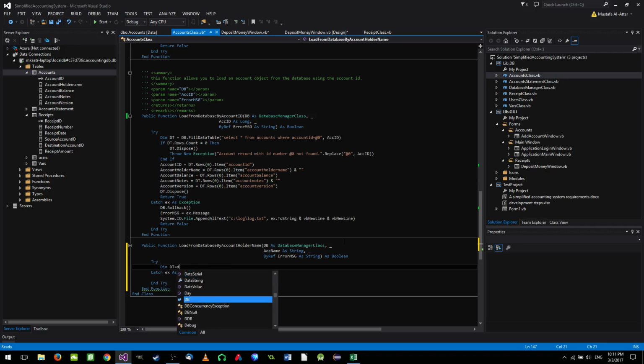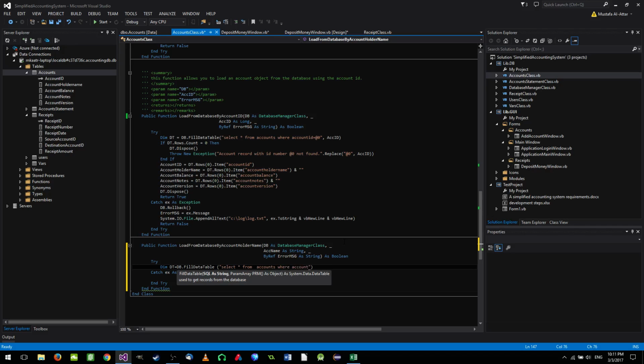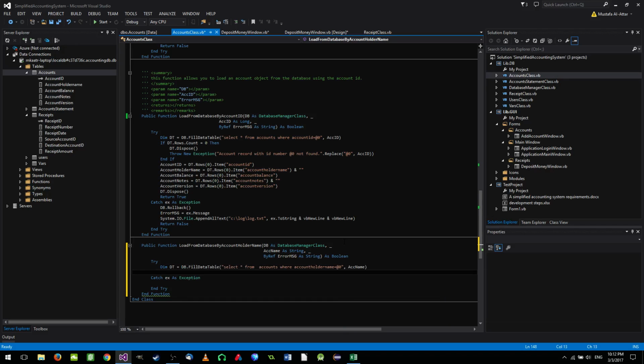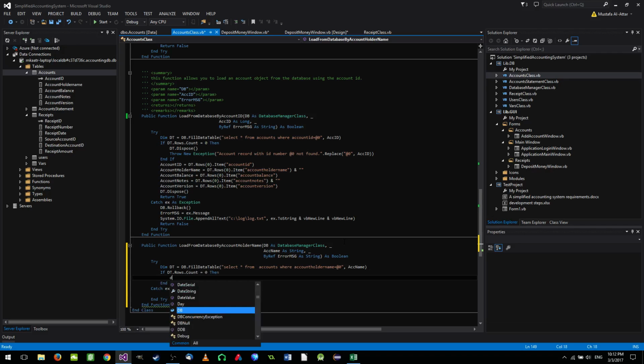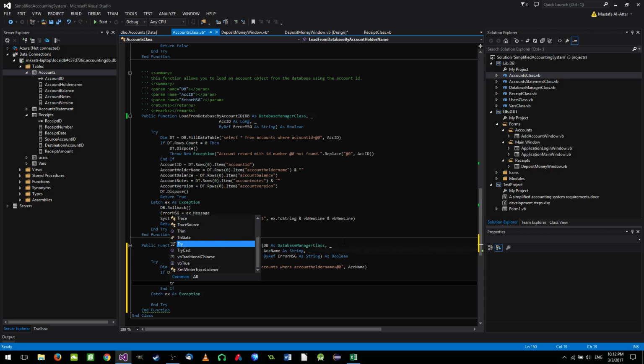Dimension dt equals db.fulldata table, and select star from account where account holder name equals @0, followed by ACC name. Okay, now if dt.rows.count equals 0, then dt.dispose, and throw a new exception,